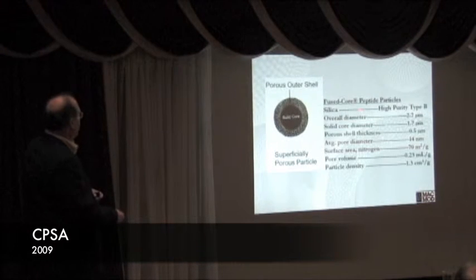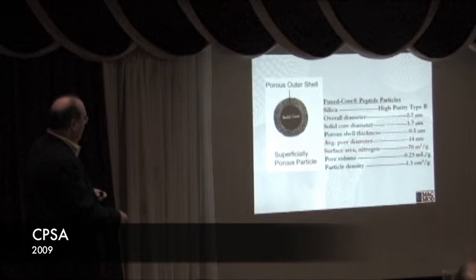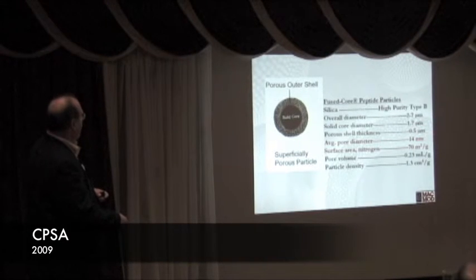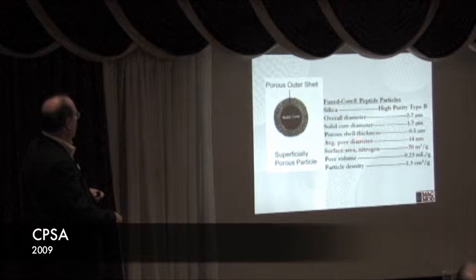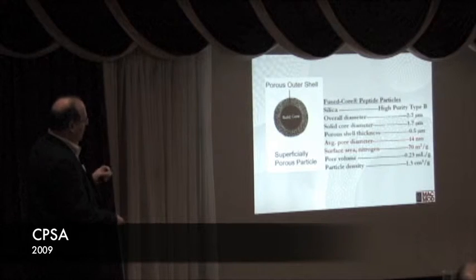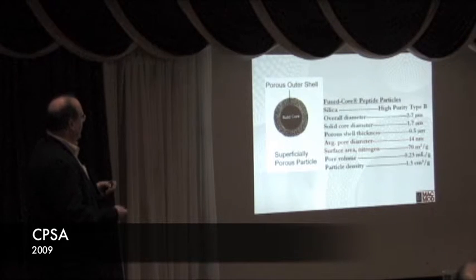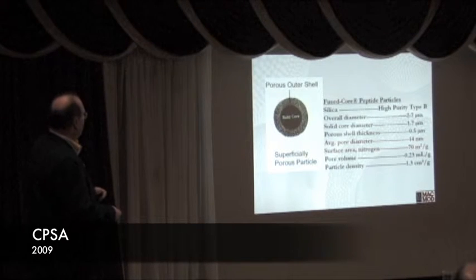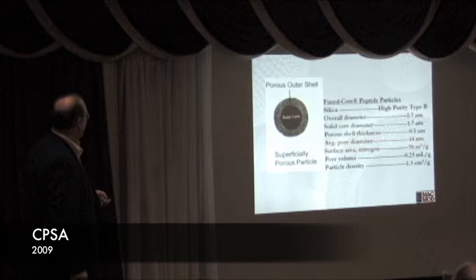Some basic data on the fused core peptide particles. They're also 2.7 micron with a 1.7 micron core, the half micron porous shell that has the bonded phase primarily in it. Somewhere between 14 and 16 nanometers, 160 angstrom, 140 angstrom pore size. That varies with not being able to talk to the people who have produced the product